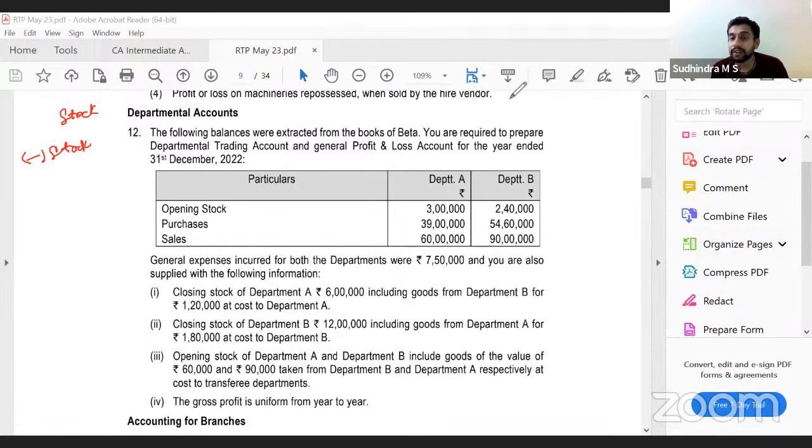It should be a reduction in profit. Why? Because profit is higher, as closing stock is valued at a higher price. How do you reduce the profit? By debiting the P&L. Okay. Below that, write down, alternatively,